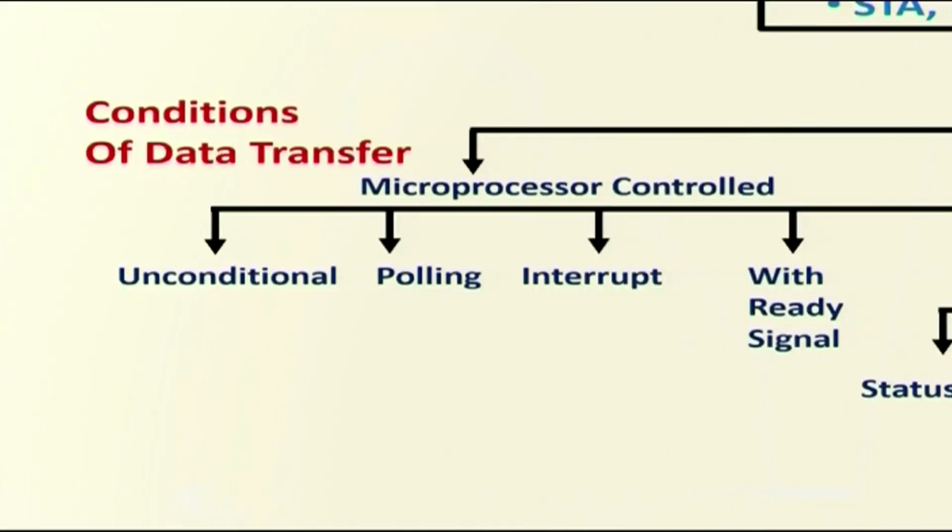The another one is with ready signal. With ready signal is used when the processor is connected to peripheral devices that are much slower than the processor, then the processor has to balance the data transmission between the microprocessor and the peripheral device. That time it will insert the ready signals, which is nothing but the wait states. The wait states are inserted. So, by using the wait states, the speed of data transmission is balanced between the peripheral and the microprocessor, or the microprocessor allows enough time for the peripheral devices to transmit the data.